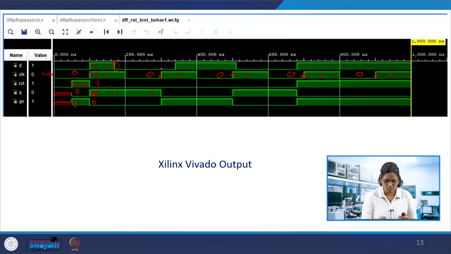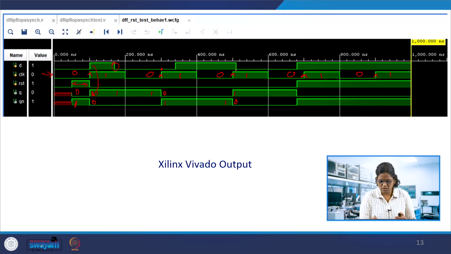So at the next clock edge, this data 0 is passed to Q, transferred, and then here Qn becomes 1 because of that. The data change that occurred in between is not reflected in Q. Because this 0 is maintained, at the next clock edge this data is 1, so it is changed to 1 here. So this point becomes 1, I can write it on the right hand side. So Qn becomes the complement of it, this is 1, so it becomes 0 here.